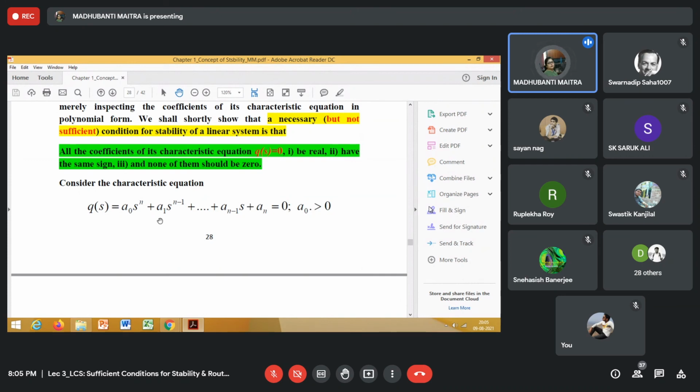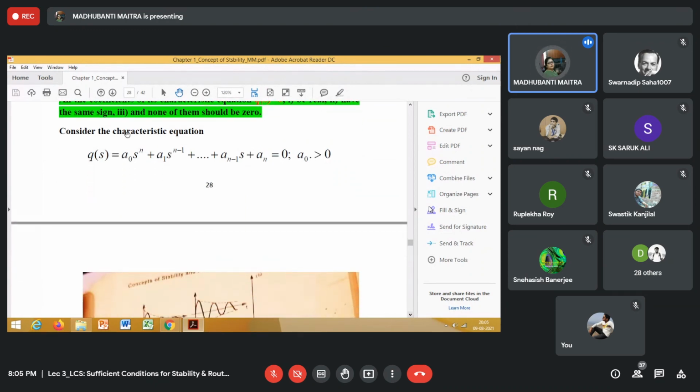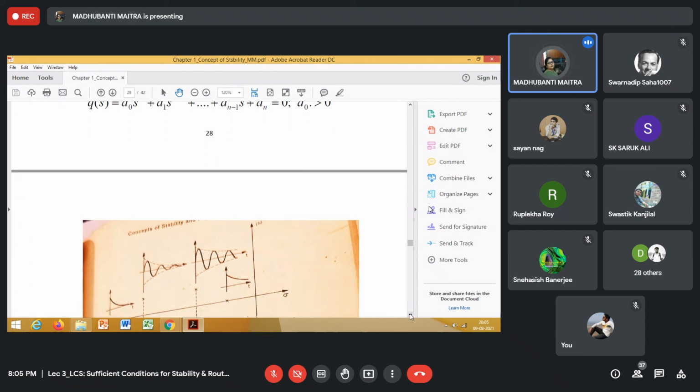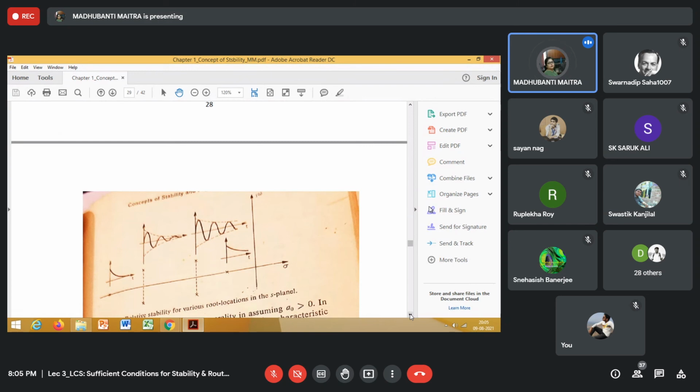I've used the term might. Even if one sigma L is negative, it might so happen that all the coefficients will come out to be positive. But there is a possibility that if one sigma k is negative or one sigma L is negative, then that minus sign will appear as a negative coefficient in this characteristic equation expressed in the polynomial form. Have you understood this? So far, is this clear? Yes.